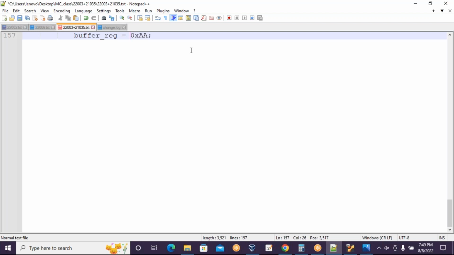Then the moment you write the data into the buffer register and this instruction gets executed, the built-in SPI block is going to generate 8 clock pulses, and then this data is being written into the shift register, and using that shift register the data gets automatically shifted from the master to the slave or from the